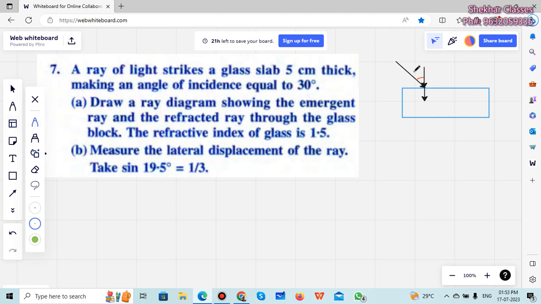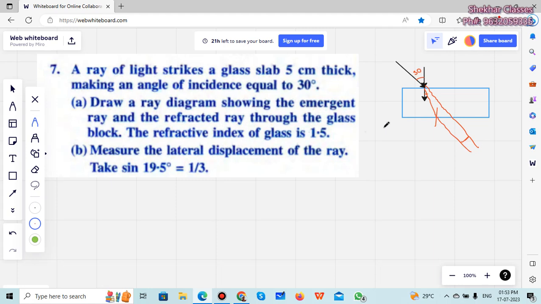Obviously it is a denser medium, so it will bend towards the normal, right? And from there again it will bend away from the normal. Say had it gone straight, it would have gone like this. So we have to calculate the lateral distance also from there. So this is 30. We do not know what angle this one is. Fine. Angle of refraction. Draw the ray diagram to show the emergent ray and the refracted ray through the glass